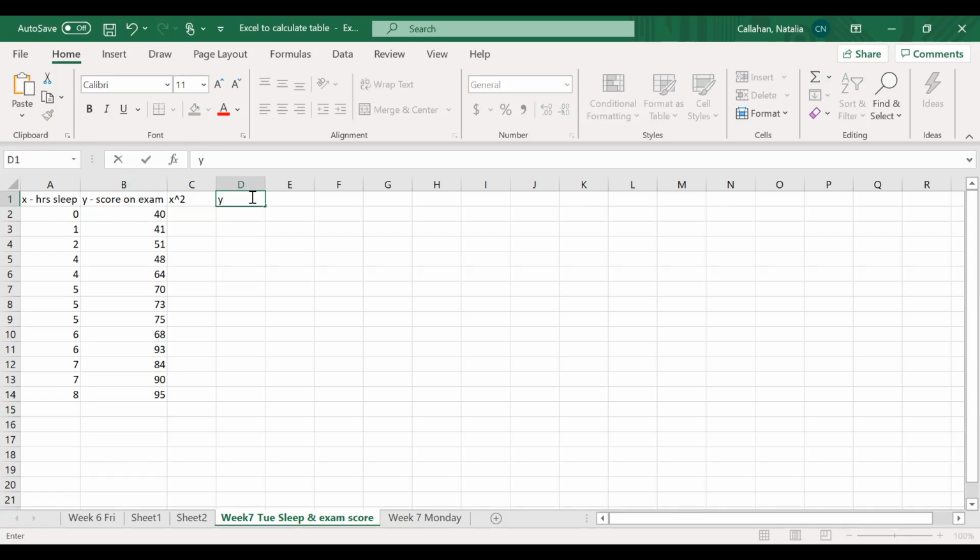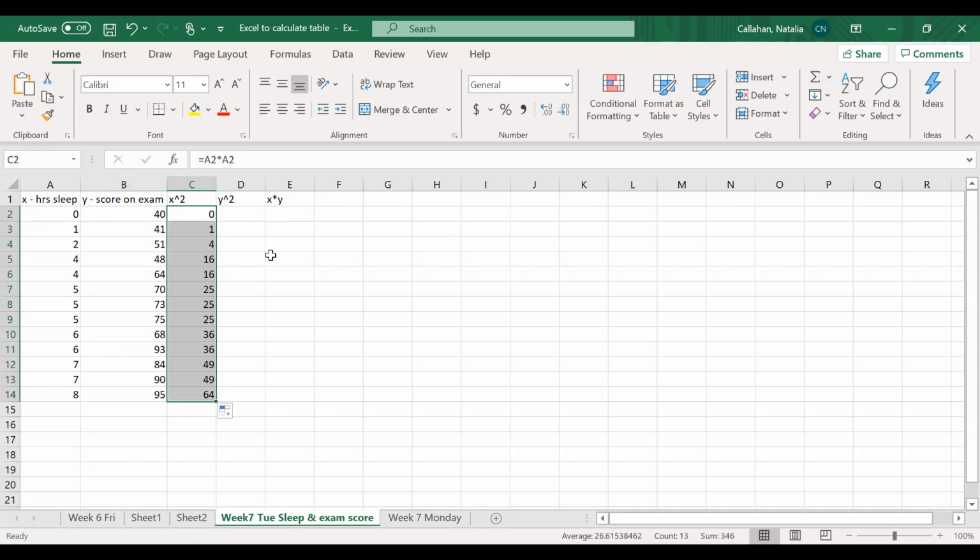All right, so then from here, remember your first column is going to be x squared, then followed by y squared, and then it's going to be x times y. So then what you're going to do is just hit enter. Here's your x. I'm going to put times x. Enter, which is 0, which I expected. Now take that and just drag it down. These are all the answers. Look how quick that is.